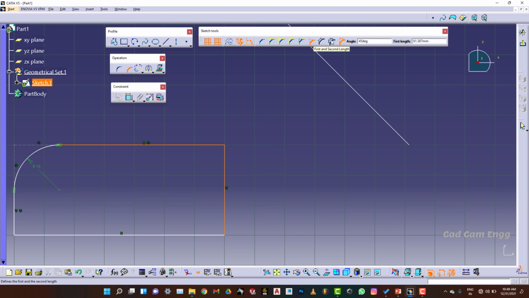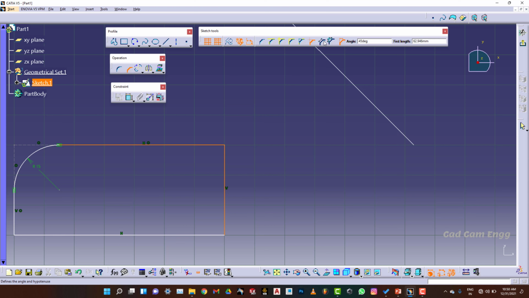After this, in your drawing, your length will be available, means a vertical length and horizontal length will be available, but no angle and no hypotenuse will be available. In this case you have to use this one. And then in the third case, angle will be mentioned and one side length will be mentioned, but your hypotenuse will not be mentioned. So at this time you have to use this one. Okay, for user friendliness these options are there.